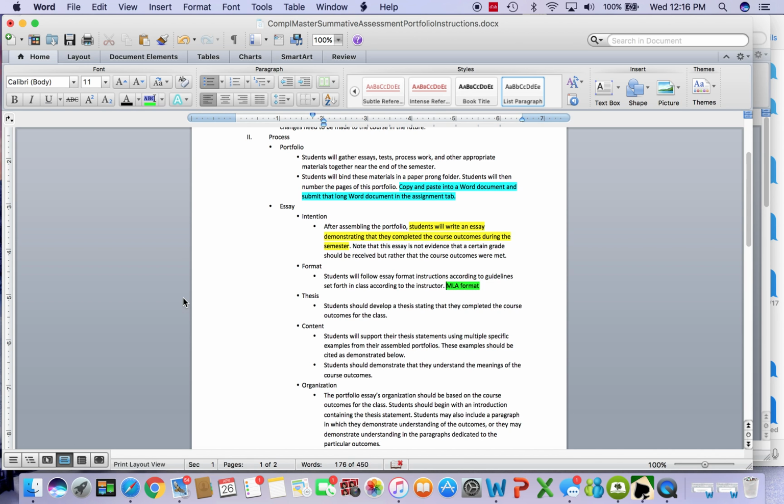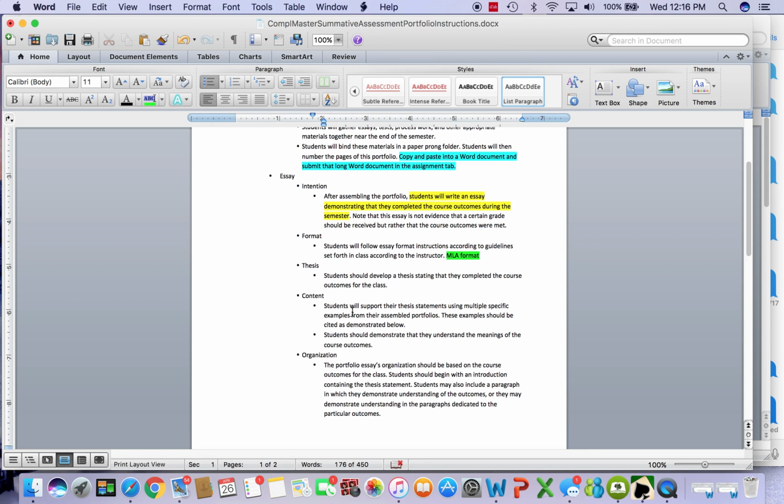For this MLA format, you must have a thesis statement. Your thesis needs to state that you have completed the course outcomes, and that could be the beginning of your thesis statement: I have completed the course outcomes for this class, Comp 1,